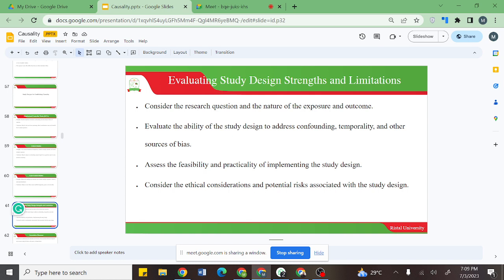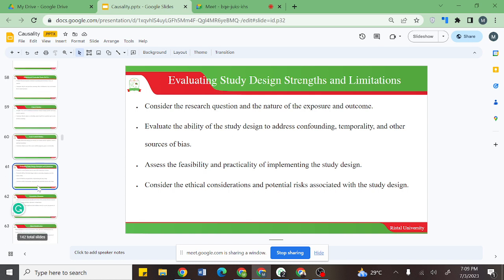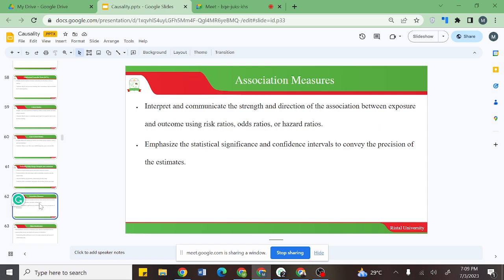Is it feasible? Is it practical? What are the potential issues that you will have in terms of the ethical standpoint? But overall, you want to do something that actually gives good